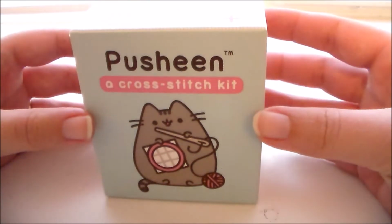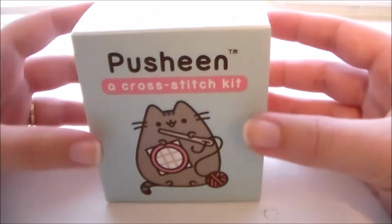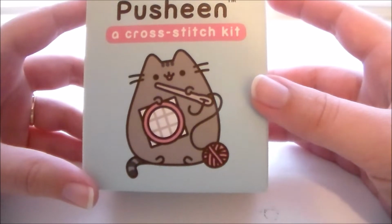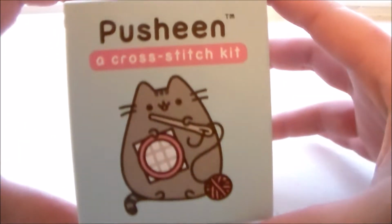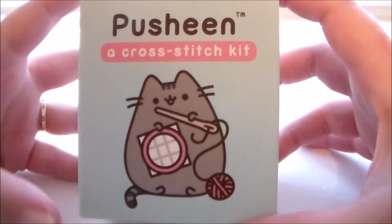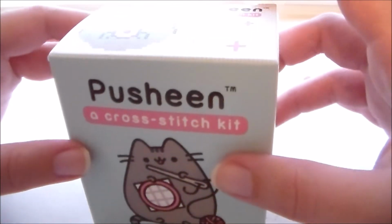As I've mentioned before on craft room tours and just generally throughout the history of this channel, I really like cats, specifically Pusheen, and I tend to collect Pusheen things. So I wanted to combine my love of Pusheen and love of sewing, and decided to get the Pusheen cross-stitch